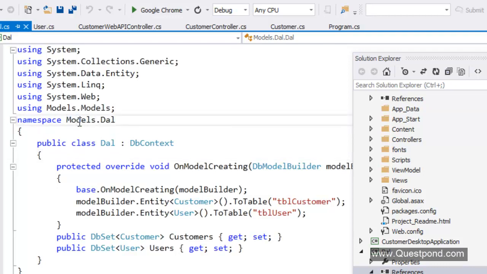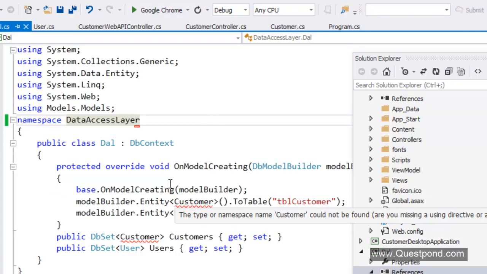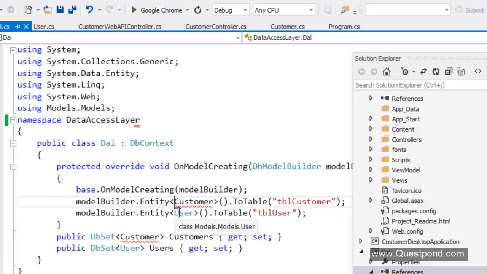Also the namespace is models.dal. I don't like this name, so let us keep it just dal, or maybe data access layer. Actually it is context, but fine, data access layer. Okay. And customers here,